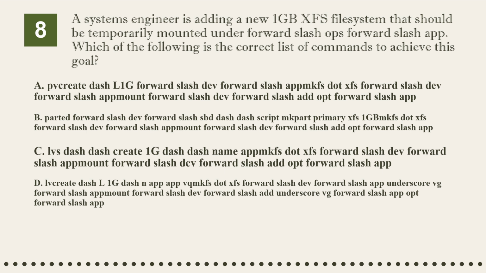Option B, parted /dev/sdb --script mkpart primary xfs 1 GB, mkfs.xfs /dev/app, mount /opt/app. Option C, lvcreate 1g --name app, mkfs.xfs /dev/app, mount /dev/app /opt/app. Option D, lvcreate